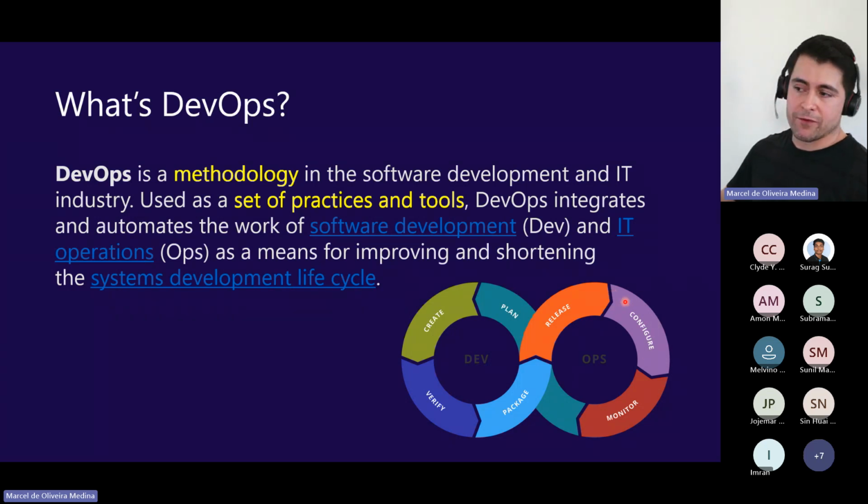Then we have some sort of configuration to establish the environment, or just productionize what we created, and do some sort of monitoring to check whether things are working as expected. In case of bugs, we have this cycle that happens here. As you can notice, we have the development team together with the operations team.